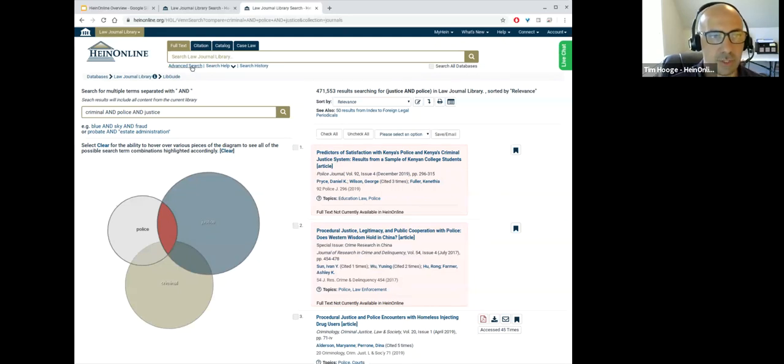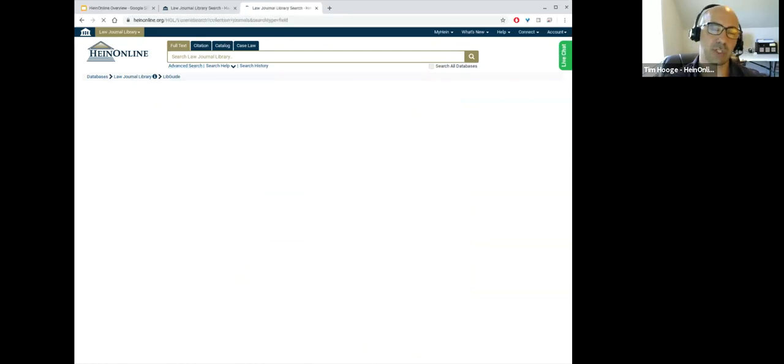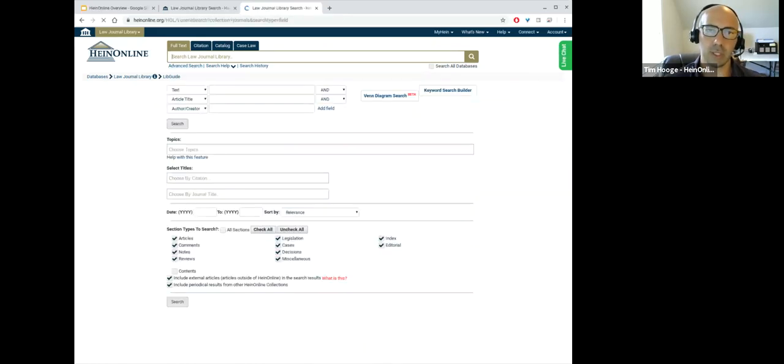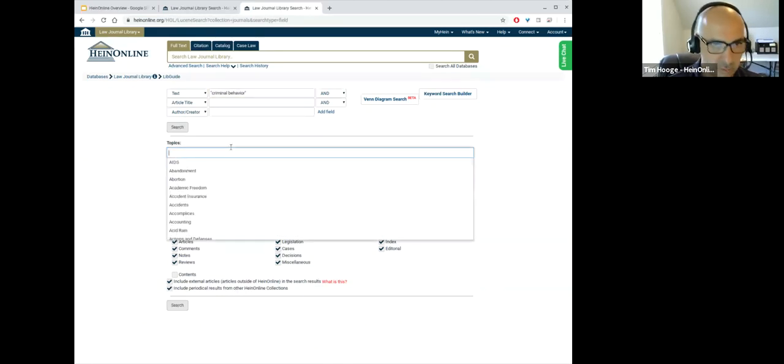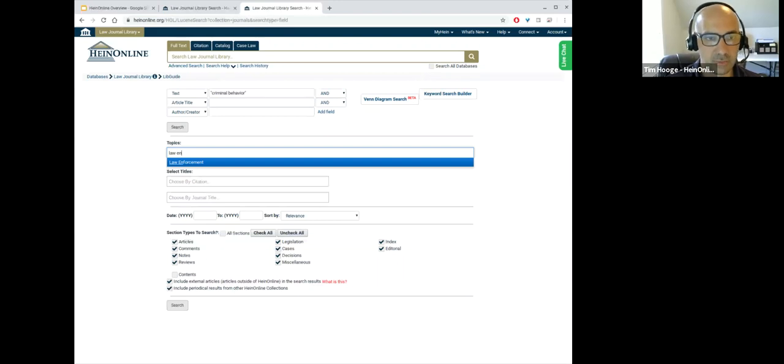Now, I'm going to jump back to advanced search. Again, we were showing how to limit to a specific topic based on the results that you received from a full text search. You can also automatically limit to specific topics just when you're performing a search. So here I'm going to put in, for example, let's look for criminal behavior. And I want to limit my topic to law enforcement.